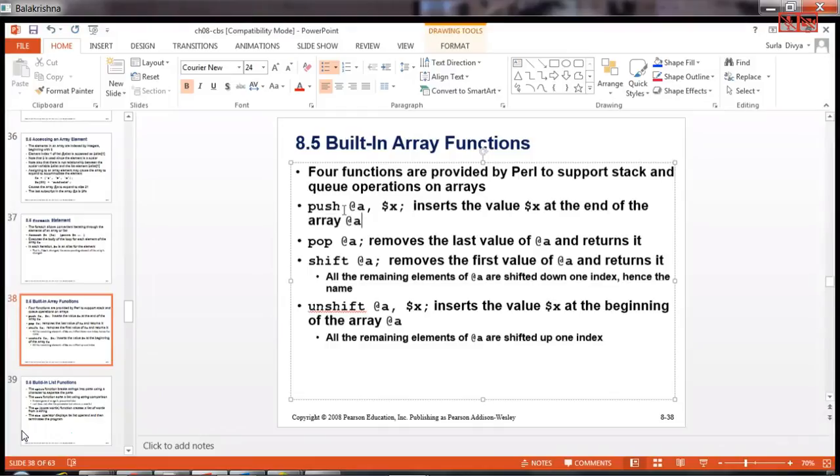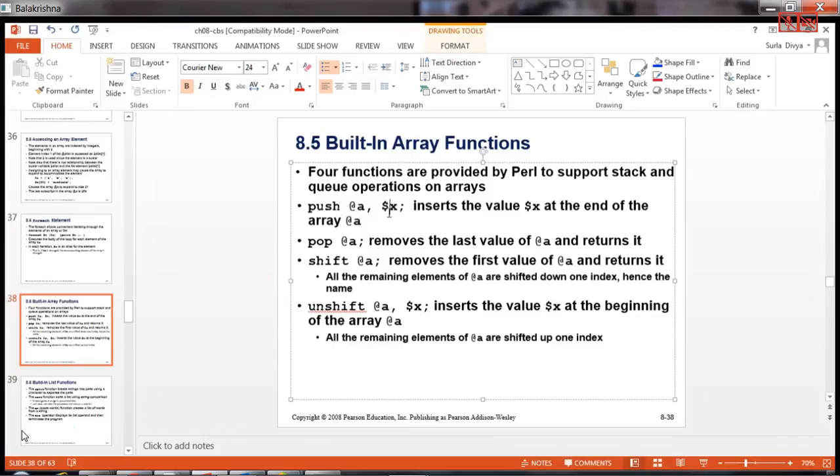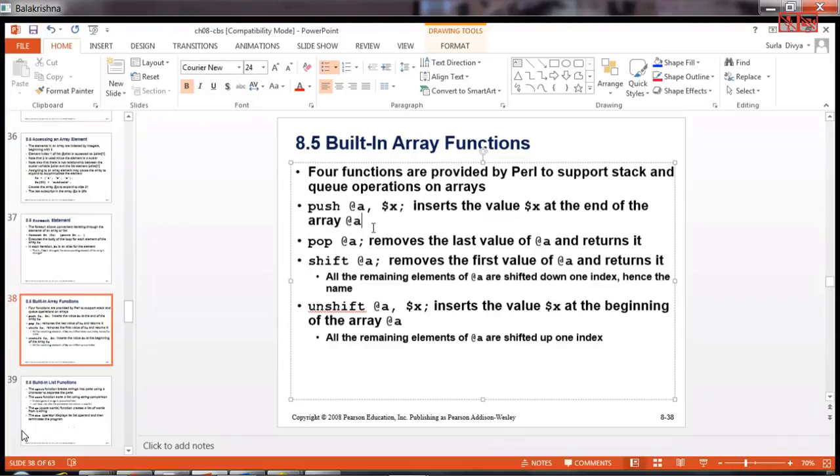Push always inserts the value of a scalar, whatever the $x is. Let's say @array has 3 elements and now you are pushing 4, or let's say some 10. Automatically it will be pushed to the end of the array, so 1, 2, 3, 10 will be there if you try to print the array.